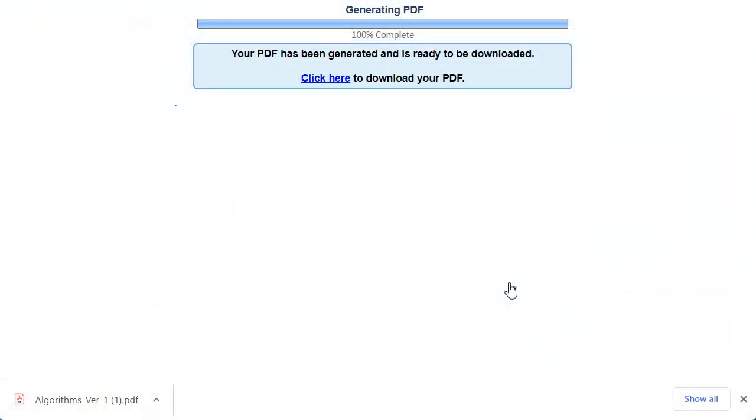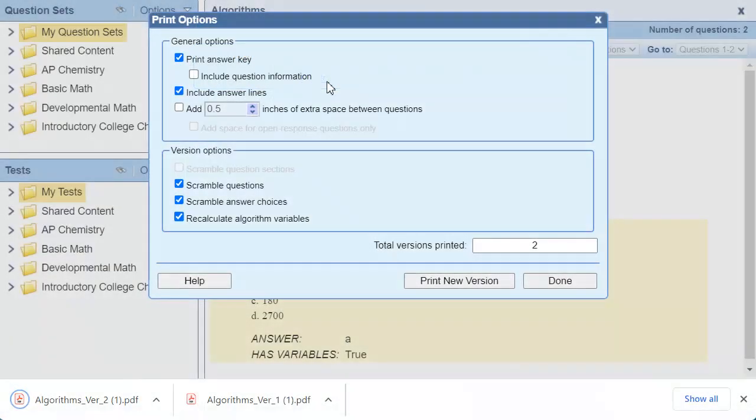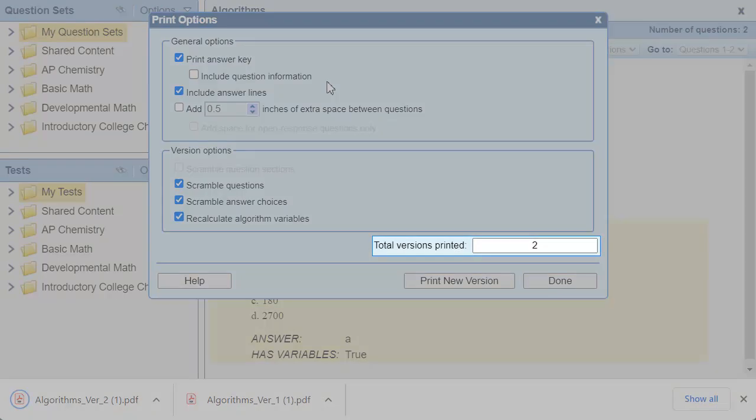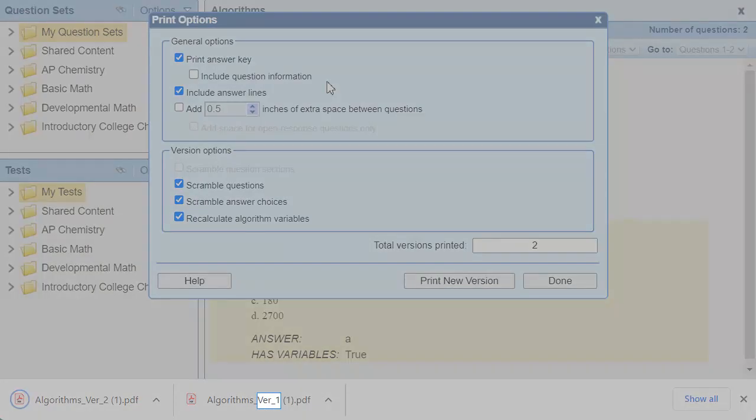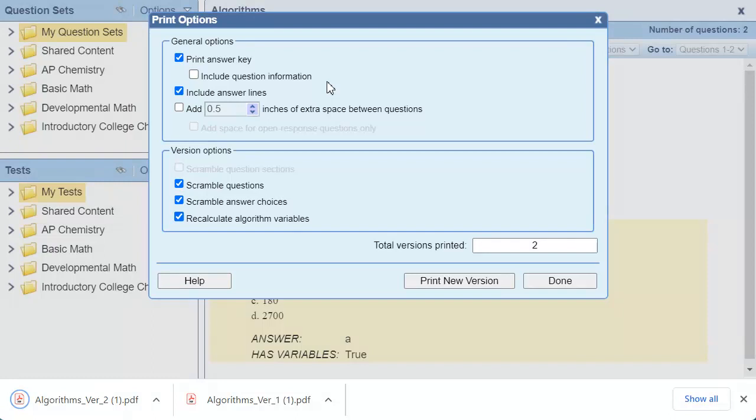I'll click the link to download the second version. Notice that the Total Versions Printed field now shows that two versions have been printed. You can also see that the PDFs have version numbers in their file names. You don't have to wait for the PDF to generate before you click Print New Version. You can click the button repeatedly until you have the number of versions you want,